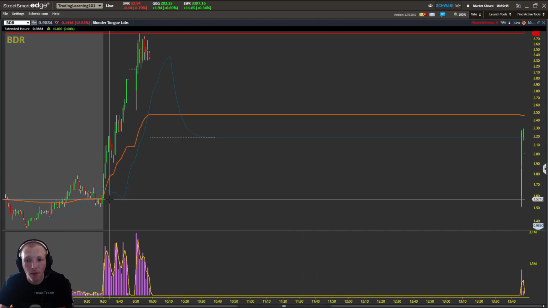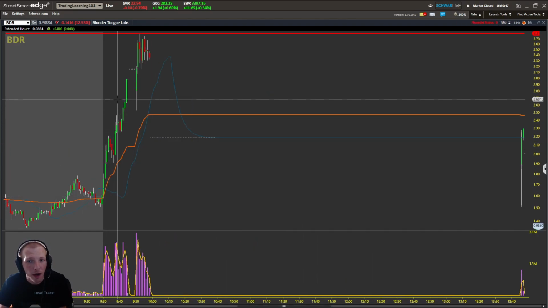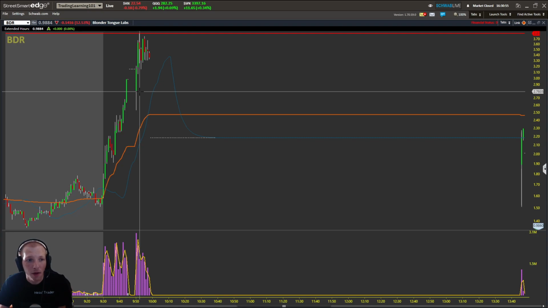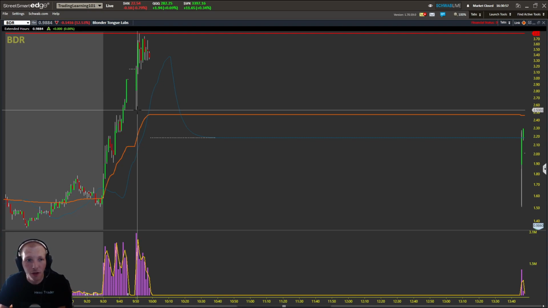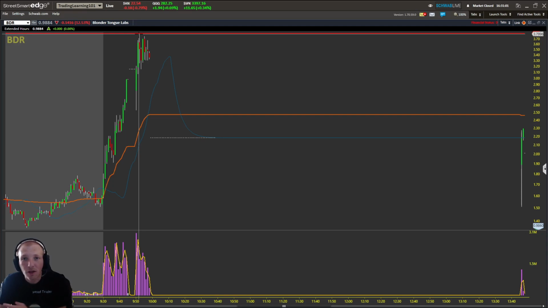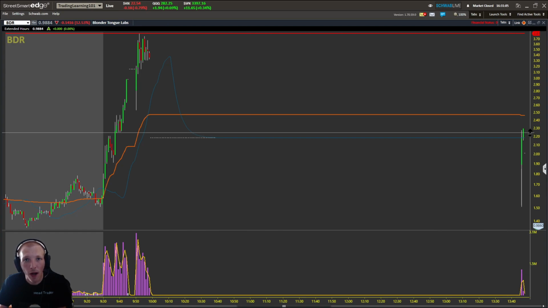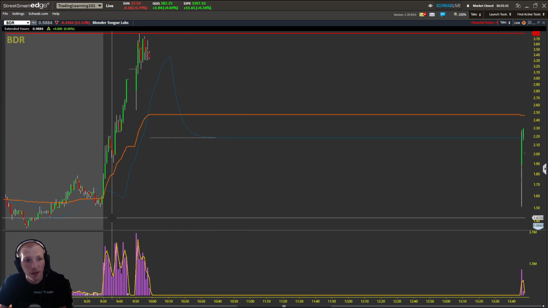So let's zoom in on this right here. Stock opens up at $1.50 and it runs up to $2.80 and they halt it. They reopen it back up, they gap it down, and it runs down to $2.50, and then they run it all the way up to $3.80 and it gets halted again. And then this time it's halted for 3 to 4 hours before it reopens. This is why I don't trade stocks under $2.